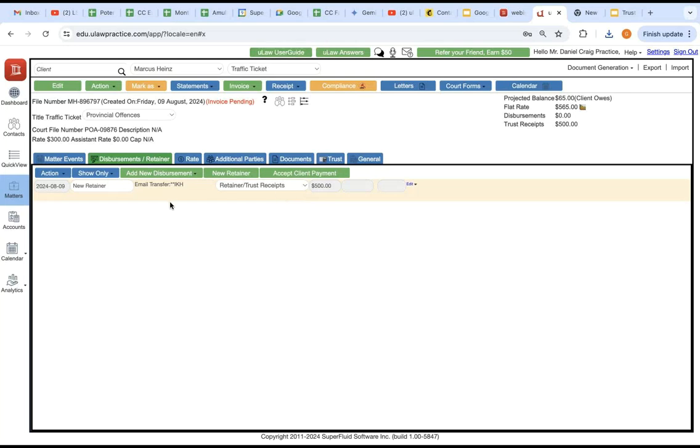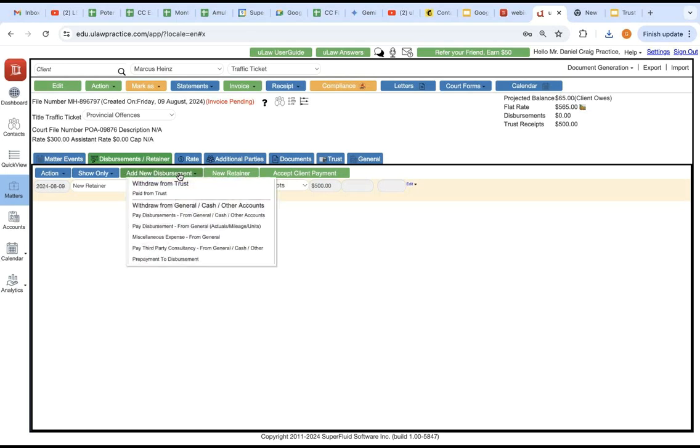Now to answer the question about the disbursement under a specific client's matter, there's something called a disbursement tab. You click on add new disbursement, and then there are different ways in which disbursement can be done. Okay, I'm not going too much into detail, but you have to go through the list here to understand how you had done it, or vice versa, how it was done. You come in here and choose that option. Let's say you did it from